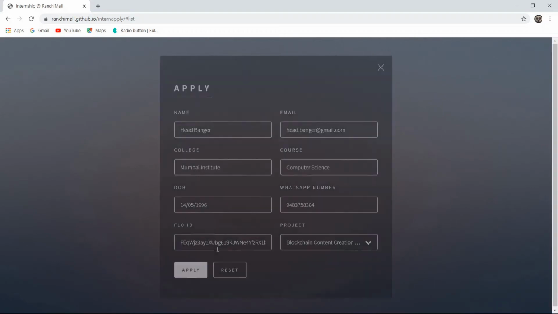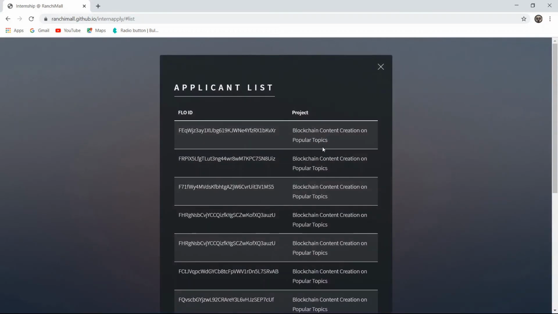The application has been recorded and you can check in the applicant list that your Flow ID has been accepted.